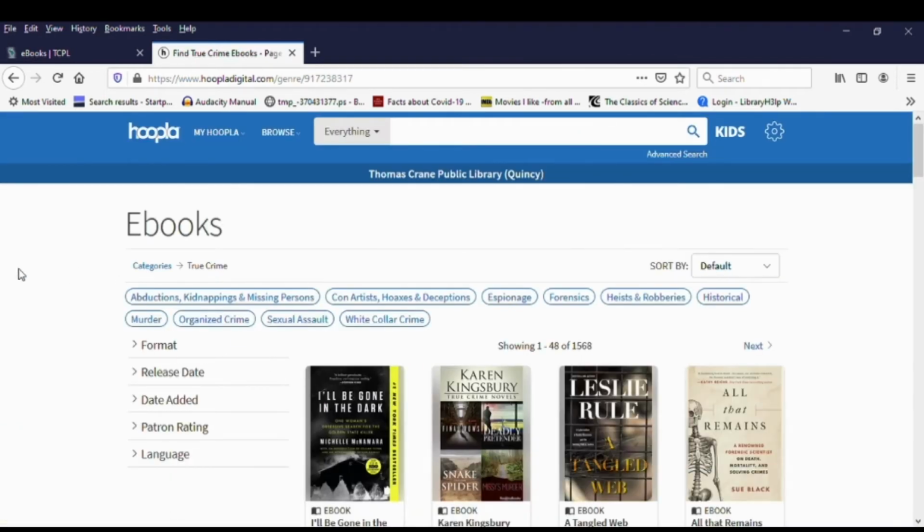So it looks like Hoopla has amassed quite a true crime selection with over 1,500 titles to choose from. We can narrow our search by selecting one of the subcategories or using the sort by function. And while it hasn't been captured, you can sort by popularity, alphabetically, user rating, date added, and release date. A few of these functions are located on the sidebar as well.